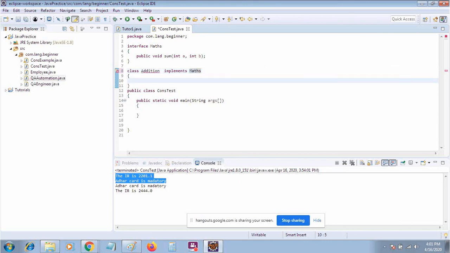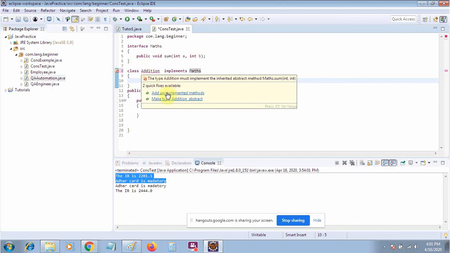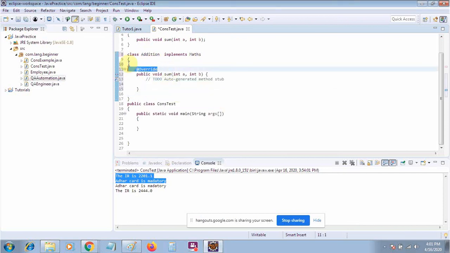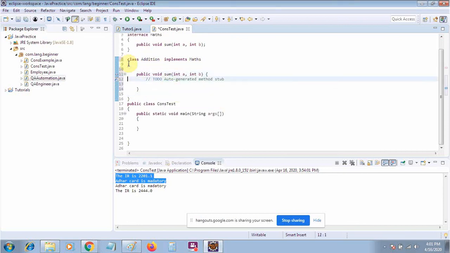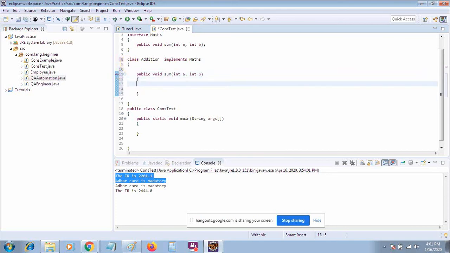So we have to create the body of this interface, meaning we have to add the unimplemented method. Suppose the body says System.out.println, the sum is